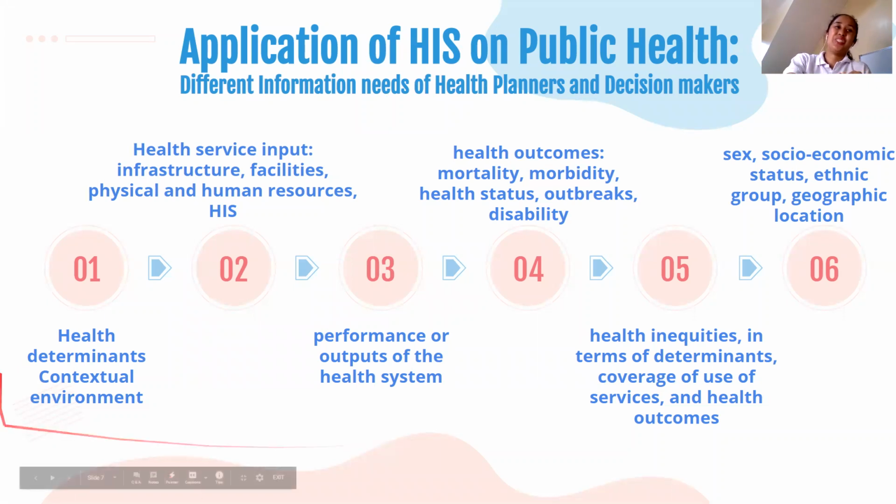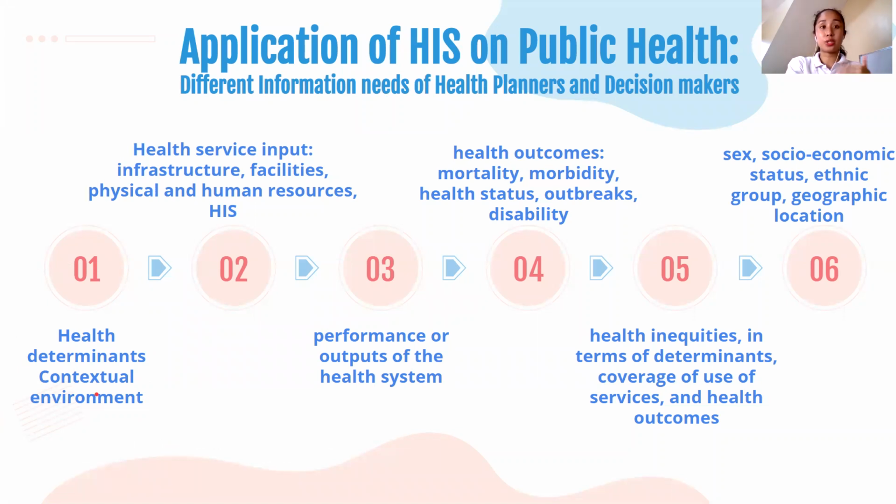So, class, number 1. What are the things that the health information systems collect, or the people collect and then input in the information system? Number 1, health determinants. What are health determinants? Determinants of health are factors which affect your health. Example, risk factors. Example, lifestyle, the lifestyle of people, the sex,